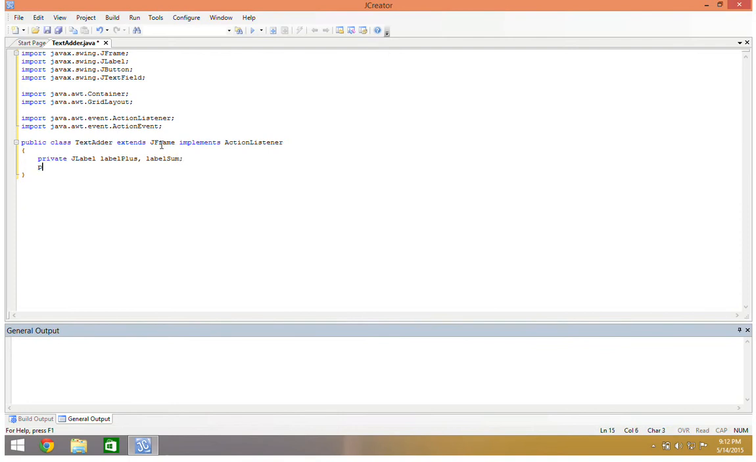I'm going to have one button, so private JButton button equals. And then I'm going to have two text fields. So I'm going to have private JTextField text1 and text2. So the idea here is that I want to have a situation where I'm going to have